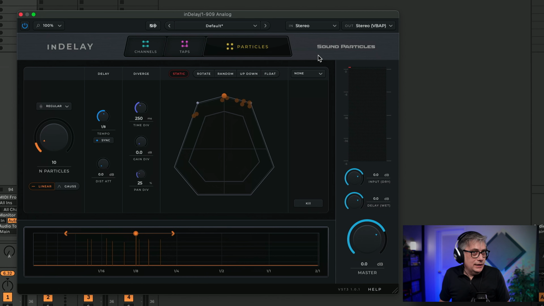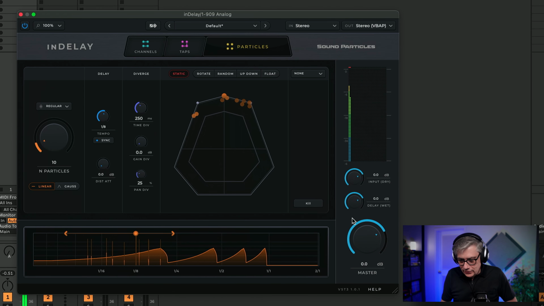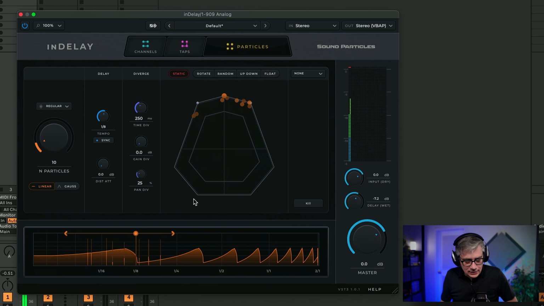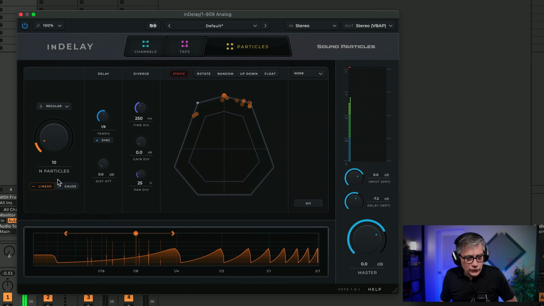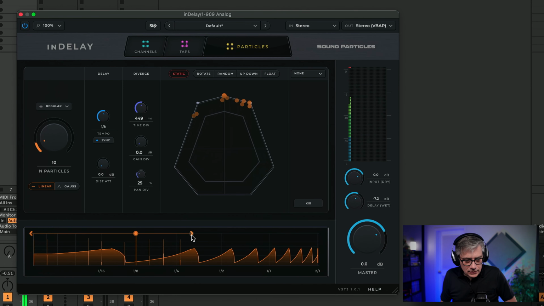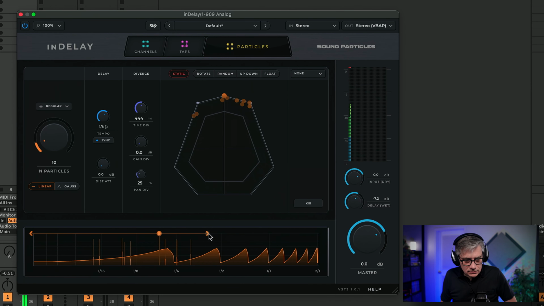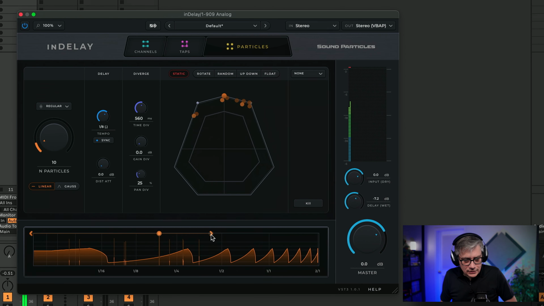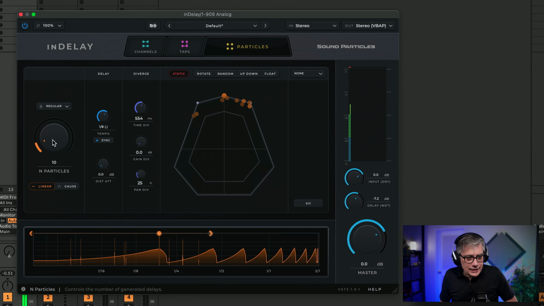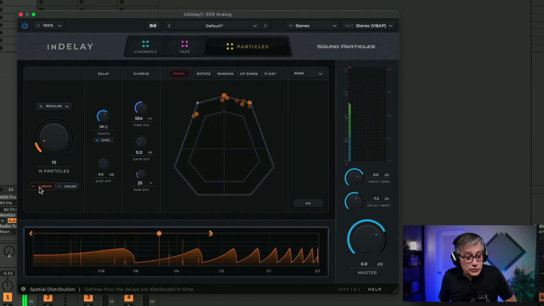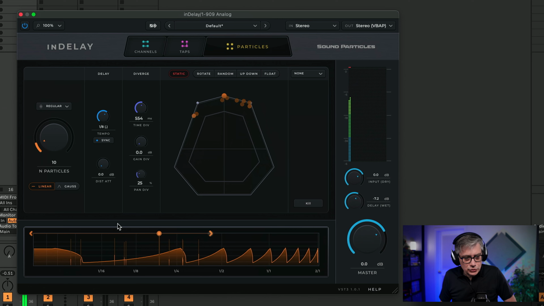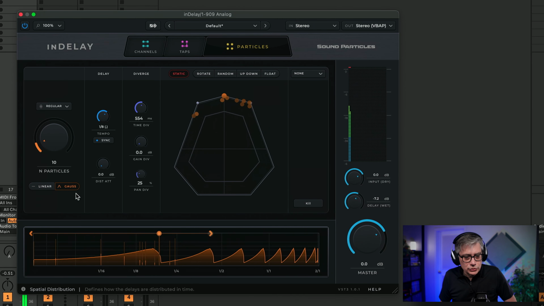So let's just play around with that for a second, and let's see if we get anything that actually makes sense. So let's play our sound again. As you can hear, let me just turn that. So there are 2 different options here for the distribution of those, and we can actually move them in space here a little. The time divergence. Now, it allows you to select, well, once again, there are 2 different options. I forgot to mention that. There's the linear distribution of those sound particles, and then there's a Gaussian distribution.